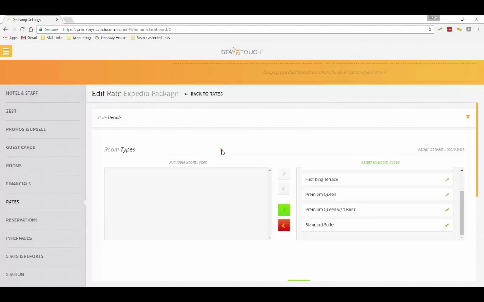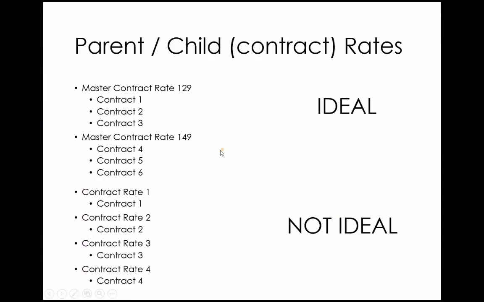Kind of going back to the slide, that's why the advantage is using it that way, is that we can set up these items when we have it, is that we've got one master rate contract that can have a rate code in it, and then we can have 3 different contracts or however many contracts that are attached to that main master contract rate, and they can all have a different rate code so that as they come in,